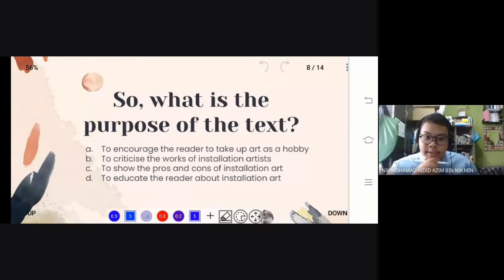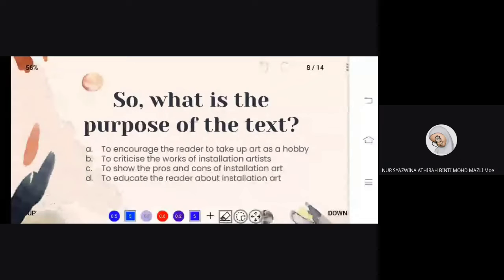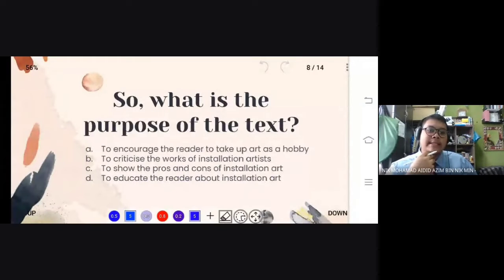No. Basically, the text tells you about the art itself, about the weather project, about the melting man. There are no stated pros and cons of installation art in the article. So basically, the answer is D, to educate the reader about installation art. Okay, very good, students. That is the purpose of the text itself.